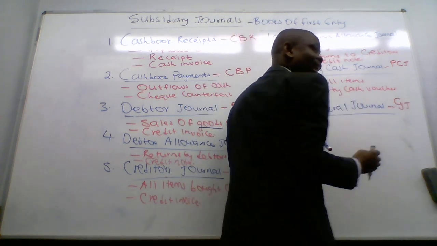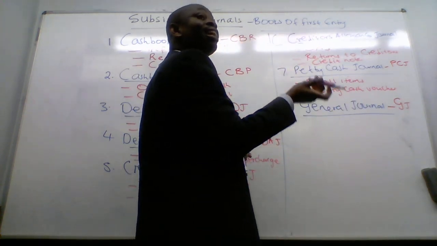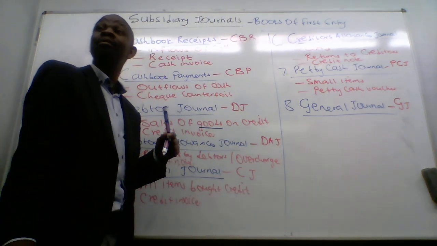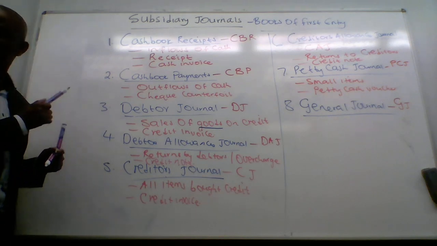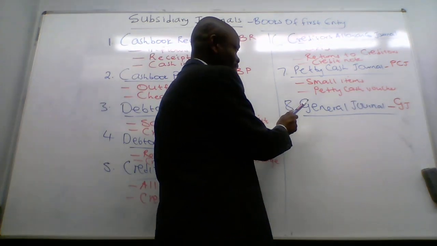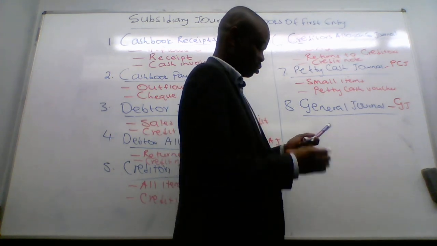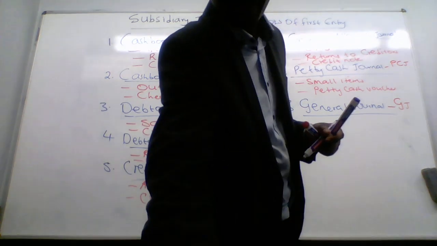Meaning all the items which cannot be recorded in the other journals. And you check yourself. The minute you see yourself struggling, just know that you're going to record under what? General journal. So I'm going to stop here with the theory, because I can see that